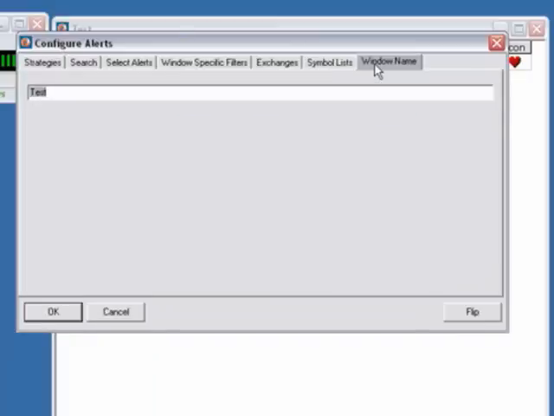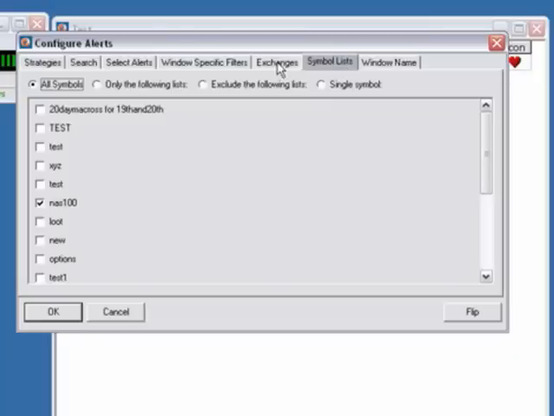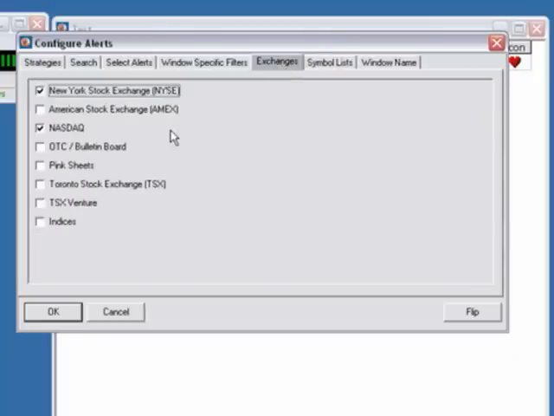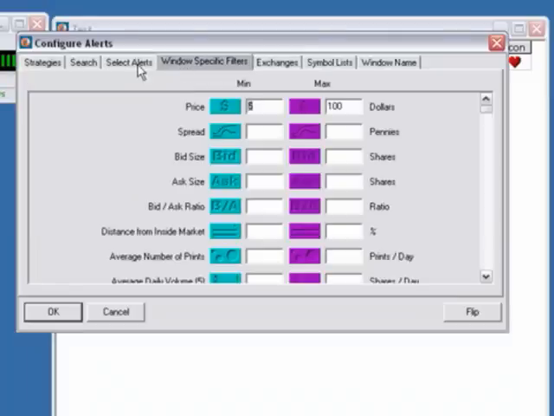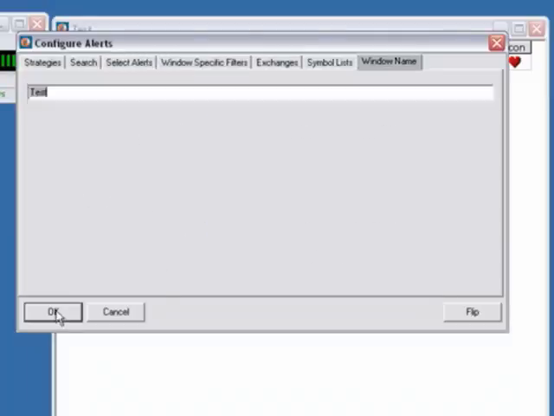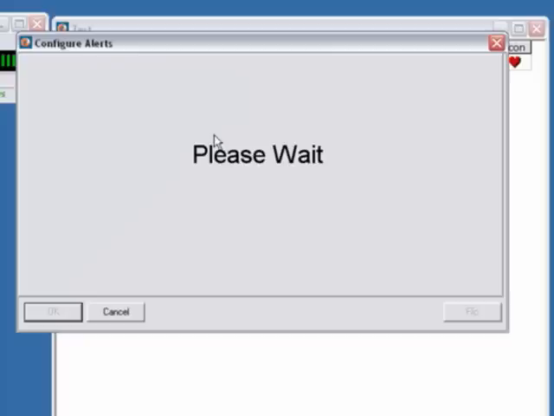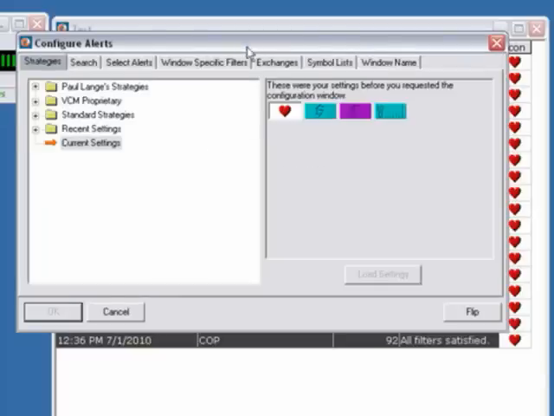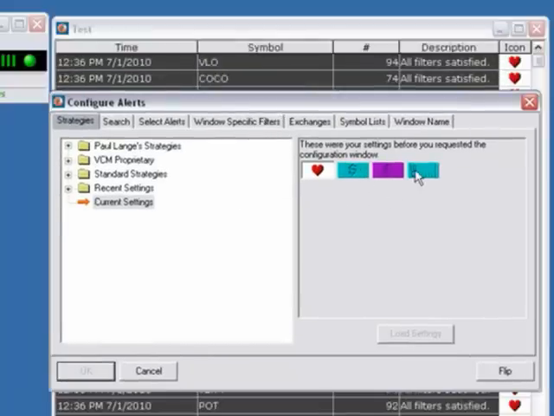We've already gone over window name, not a lot of rocket science going on over there. Exchange is pretty straightforward too. And now we'll just spend some more time in the filters and the alerts. So we've installed that simple filter set. So now when we right click and come back into configure, we can see our filters here that we've installed. Stocks between $5 and $100, and average daily